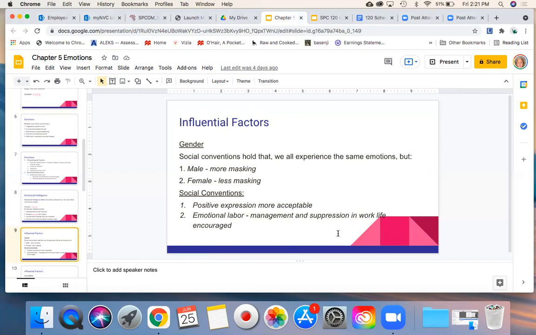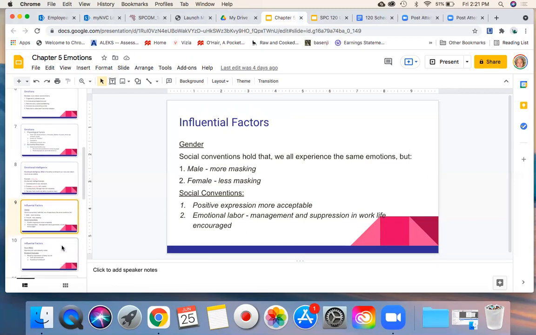But all around you, I'm going to leave it really open-ended and broad, but I want you to be thinking about the definition of emotional labor and whether or not maybe you have to do some, what I call emotional heavy lifting, in certain circumstances with certain people, and maybe they have to do it with you as well. So that's just something to understand because it definitely is an influential factor in how emotions affect your ability to communicate.